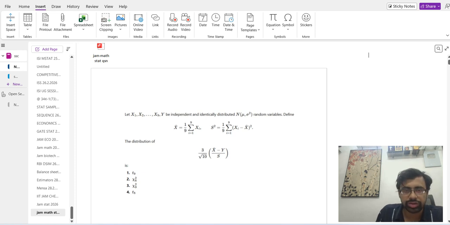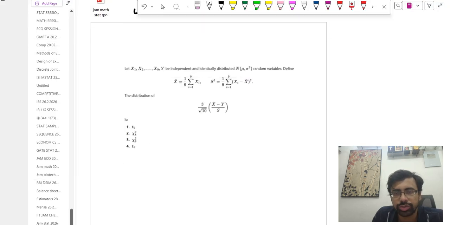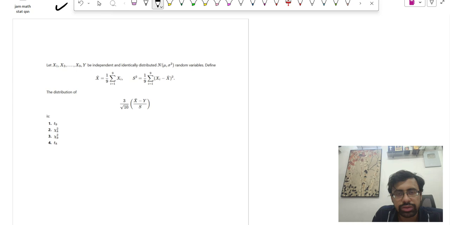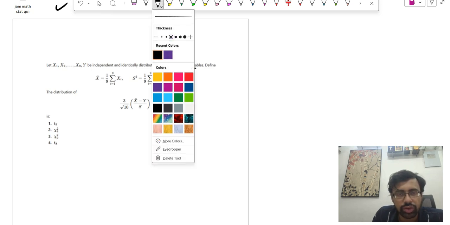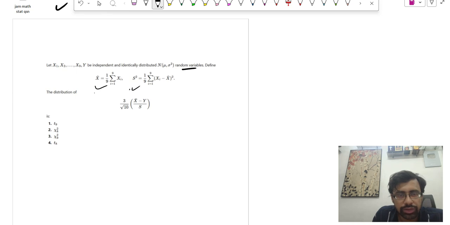तो IIT JAM मैथमेटिक्स का इस बार का सवाल है: X1, X2 इंडिपेंडेंट एंड आइडेंटिकली डिस्ट्रीब्यूटेड रैंडम वेरिएबल्स का सिस्टम है, और X एंड Y कुछ इस तरीके से बयां होता है। X बार एन स्क्वायर, the distribution of 3/√3/10 को हमें निकालना है। ठीक है, तो X बार ये सब दिया हुआ है, सो X बार